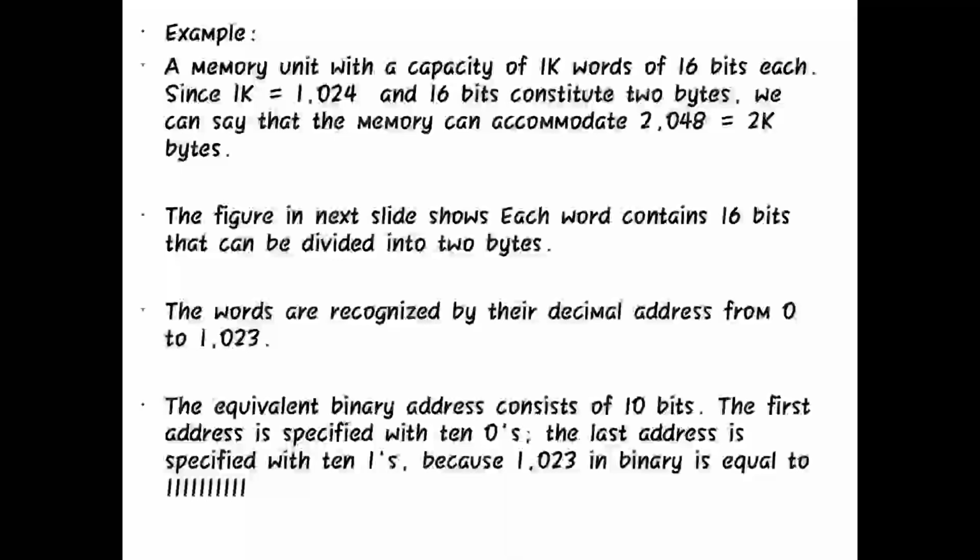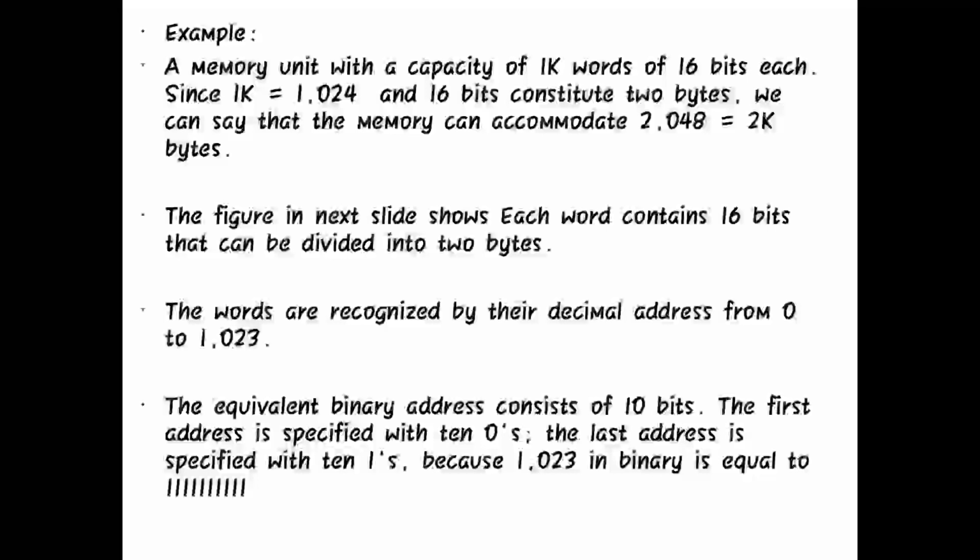What are these words? In each of these words we have 16 bits, because as I have told you, each word consists of 16 bits. So here I'll be having 1k words. 1k means 1024. So in each of these words I'll be having 16 bits each. Since 1k is equal to 1024 and 16 bits constitute 2 bytes,